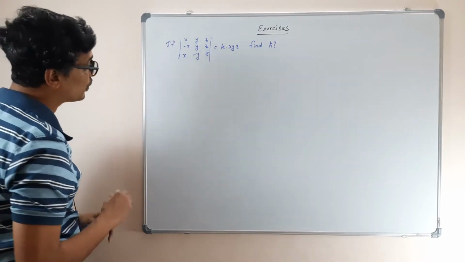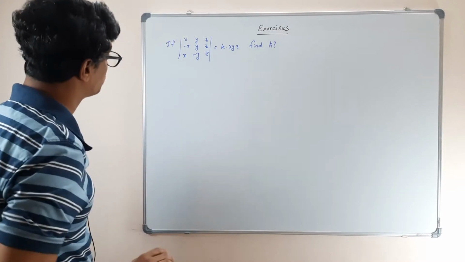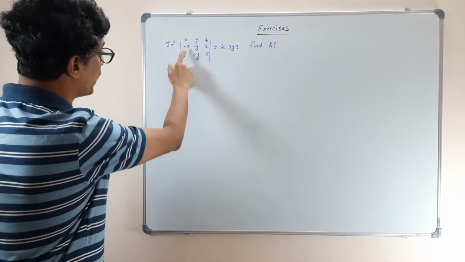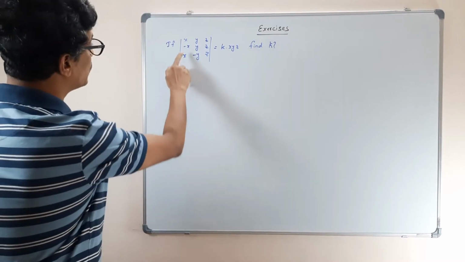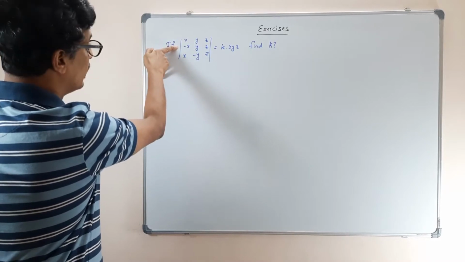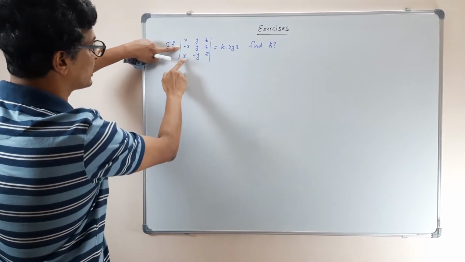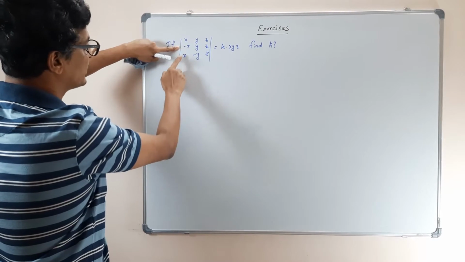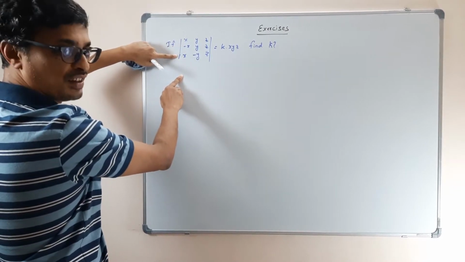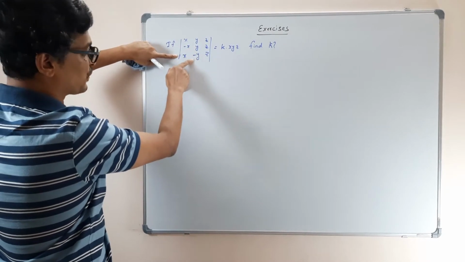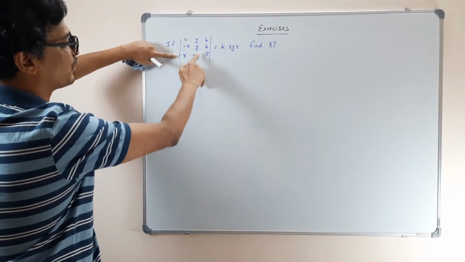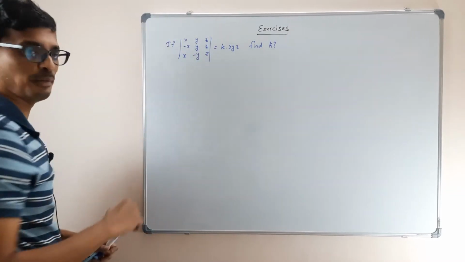So what you can do is, by looking I can say, see, this is x and minus x, correct? Somehow you can manipulate and make it 0. So this also can be made 0, because if I replace row 2 as row 2 plus row 3, then minus x plus x cancels and makes it 0. Same thing I can do here also, and with this one also. So then all the lower part of this determinant I can make 0. Correct? I can make it an upper triangular matrix.